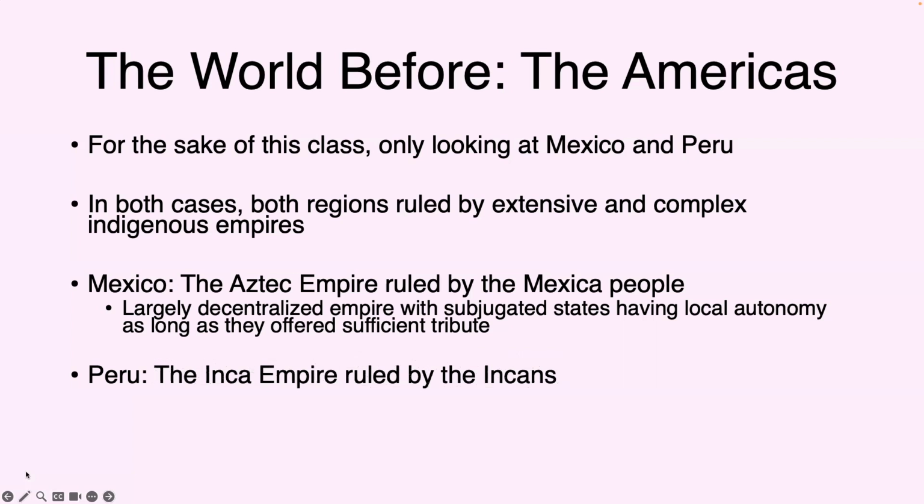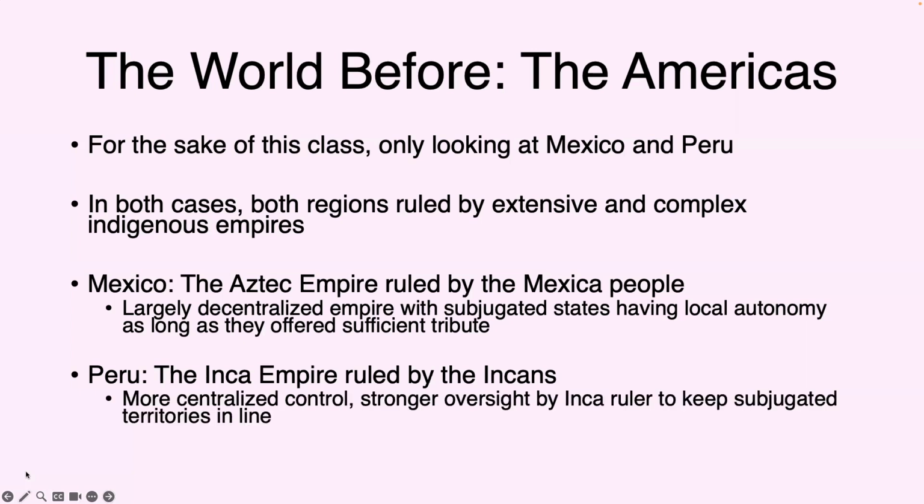In Peru, the Inca Empire is really the primary empire at the time that we're talking about, and this was ruled by the Incans. Now, in contrast to the Aztec Empire, they had much more of a centralized control, right? There was very strong oversight by the Inca ruler to keep subjugated territories in line. This often took the form of forced labor contracts, moving individuals from these subjugated territories into different parts of the kingdom to conduct public works, to serve nobles, to maintain